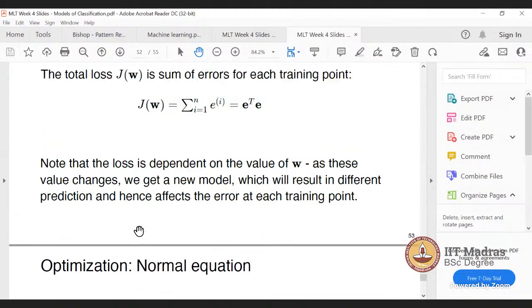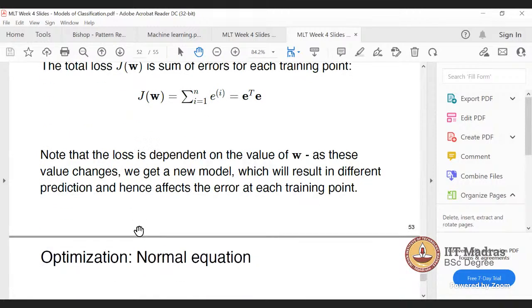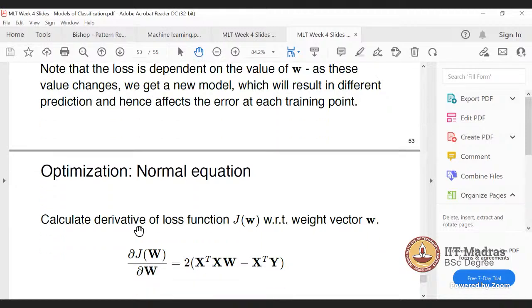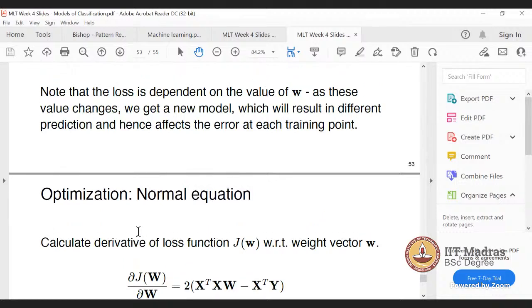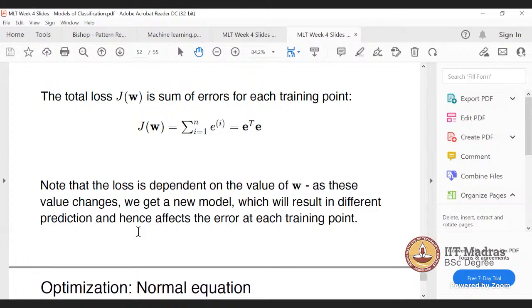Here I was looking for that expression; I think it is not in the slides. So J(W) will be the trace of (XW minus Y) transpose (XW minus Y), and you can take half outside. So J(W) will look like half times the trace of (XW minus Y) transpose (XW minus Y). This is your loss function. This is similar to what we have done for the regression problem. There are two approaches to find the minimum for such a loss function. One is optimization, where